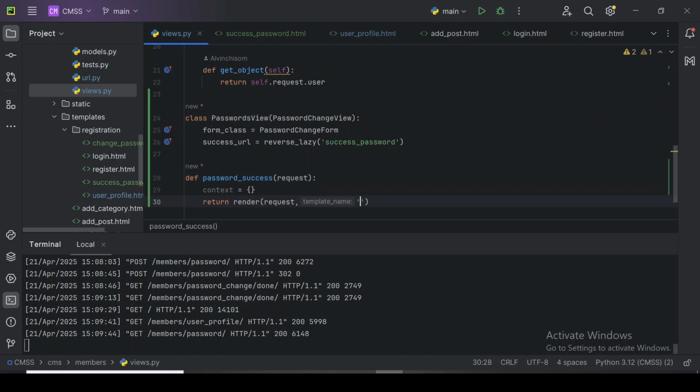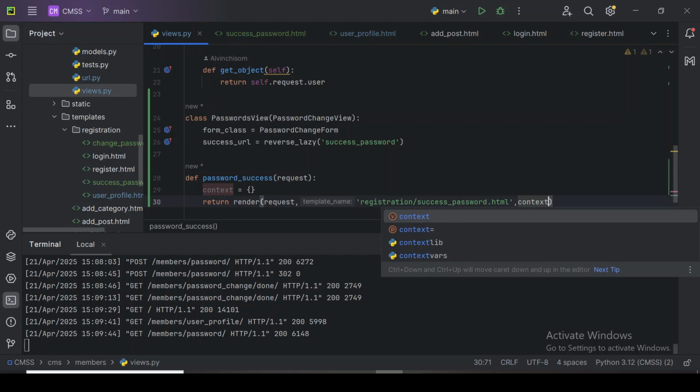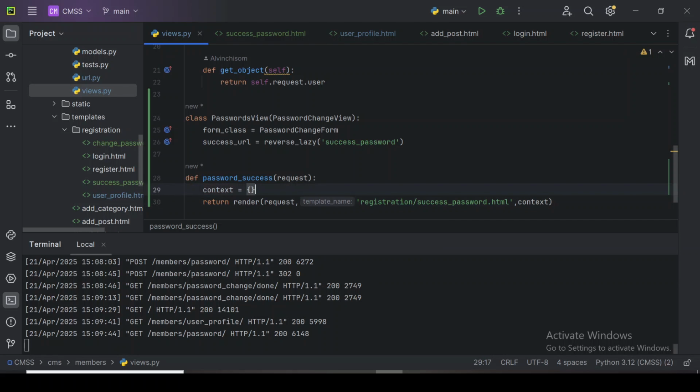So we're going to say registration, then slash the success underscore password .html, and let's just pass our context dictionary, even though I'm not going to use it. So we have this now. So we need to pass this to this class-based view and function-based view that we created into our URL